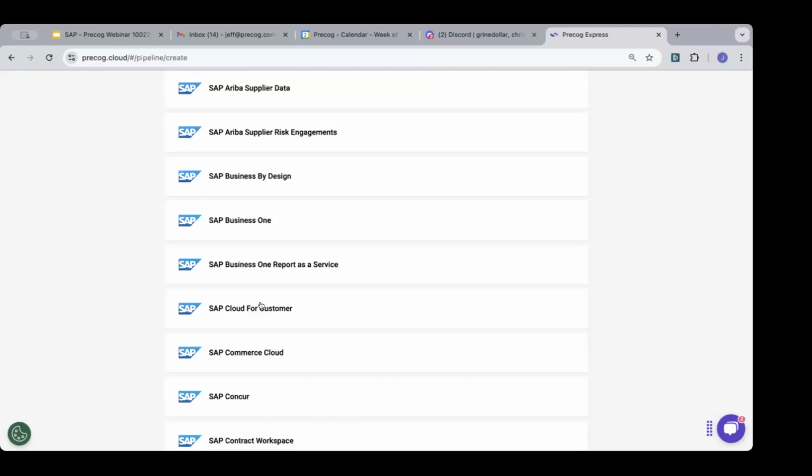All right, next question is, my customer has lots of custom fields and tables they have built over the years. Can Precog really automatically gather that data without programming? Yes, absolutely. That is a key feature of the Precog platform, and one of the reasons we're doing so much work with SAP. Customization in SAP applications, any of them, is extremely common and important, and part of the value of the SAP platforms. And so we've built our technology in such a way that we can automatically detect custom fields and custom tables as we're interrogating the data sets returned from the API.